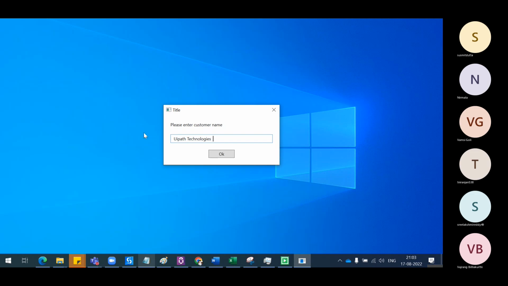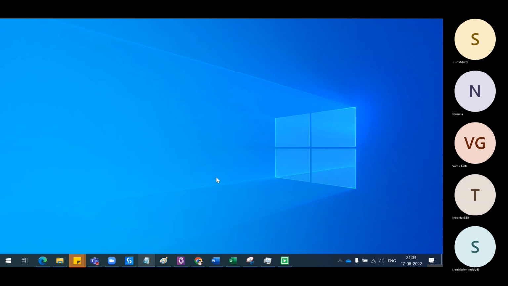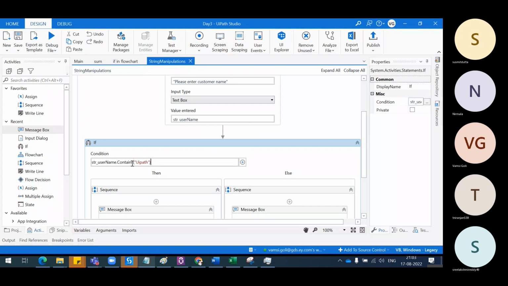Contains means it is going to match exactly this particular text. If the text is found, then it is true. Let's say if it is UI space path, then the contains is false. If I give UI path technologies, then the condition is true. So now let me put this as equals